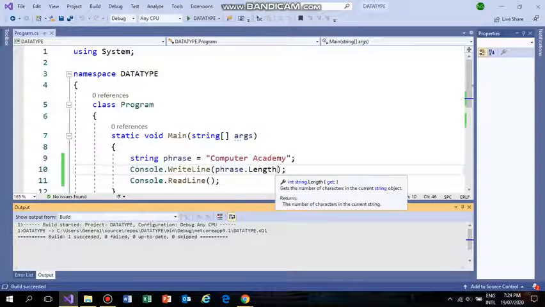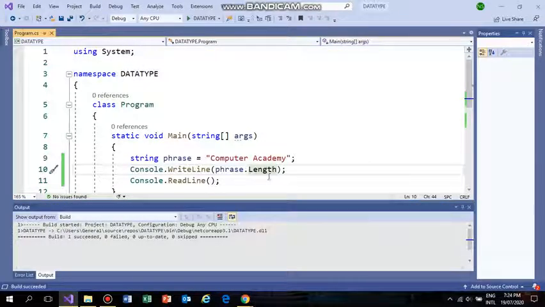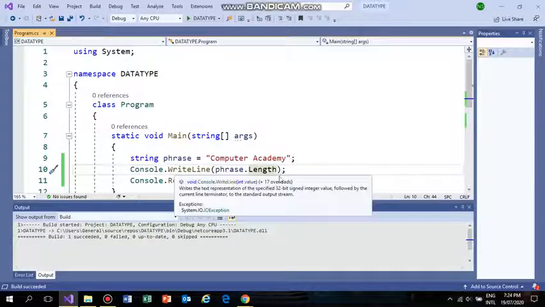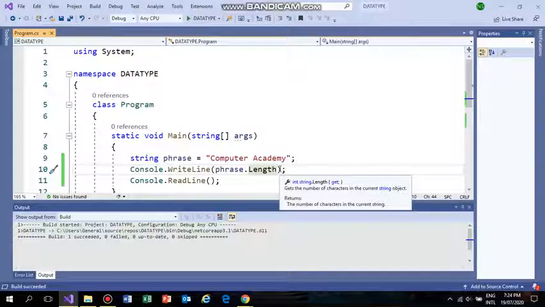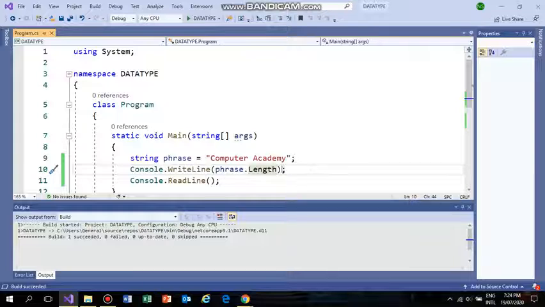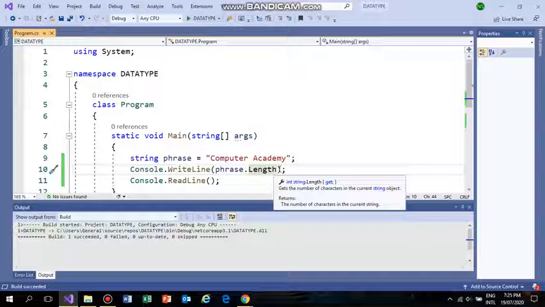Okay, what is the next target? We are working on data types and we are now targeting the string. In my next lectures and video lessons, you will see more data types, for example char, integers, double and bool. These are the data types we will work with in my next video lessons.